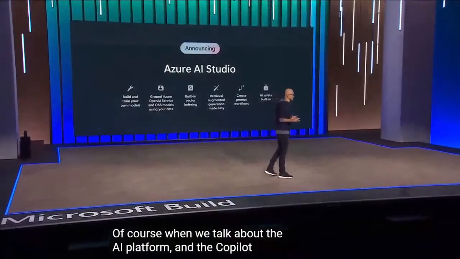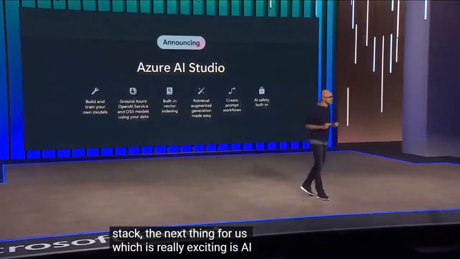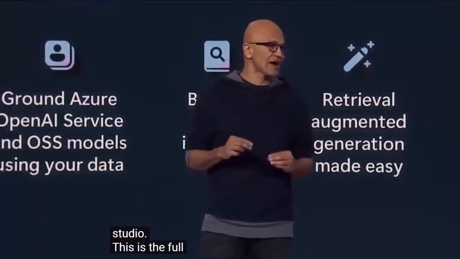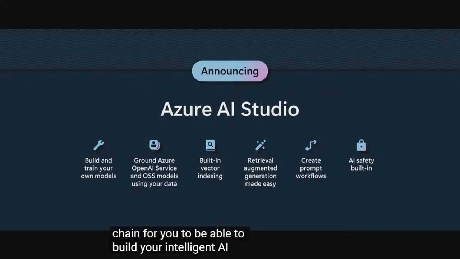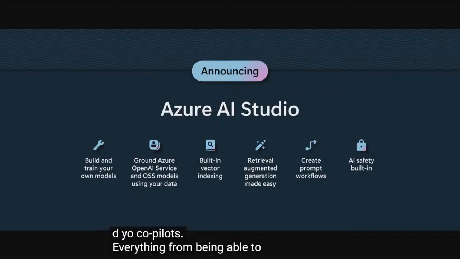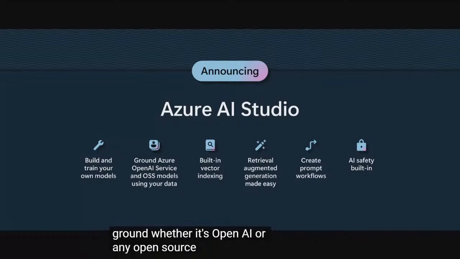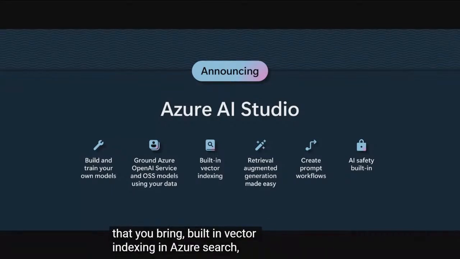Of course, when we talk about the AI platform and the Copilot stack, the next thing for us, which is really exciting, is AI Studio. This is the full life cycle tool chain for you to be able to build your intelligent AI apps and your copilots. Everything from being able to train your own models to be able to then ground, whether it's OpenAI or any open source model, with data that you bring, built-in vector indexing in Azure Search, built-in support for RAG or retrieval augmented generation support,